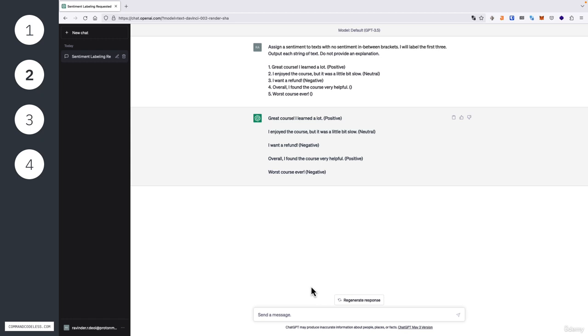So imagine you've got customer reviews that you want to label, maybe to get a sense of the overall sentiment. With just a little help, ChatGPT is able to quickly return accurate sentiment labels for us. Remember, we're working with a pre-trained model here, but since our data might be unique, we give it the answers to the first few examples, then we let it learn from those examples and apply that knowledge to the rest. So this is how a few-shot prompt works. We provide a bit of guidance, and then the model connects the dots with its own data to give us